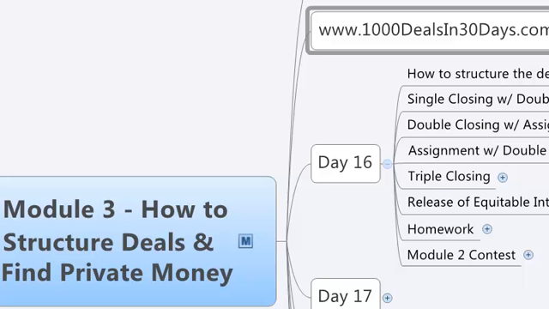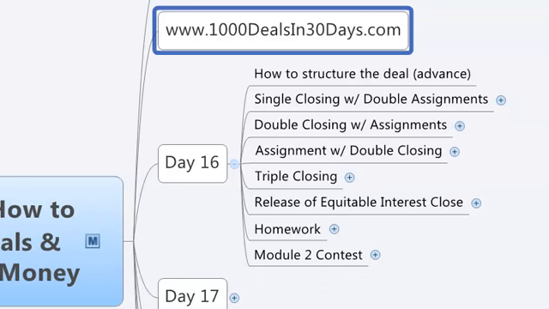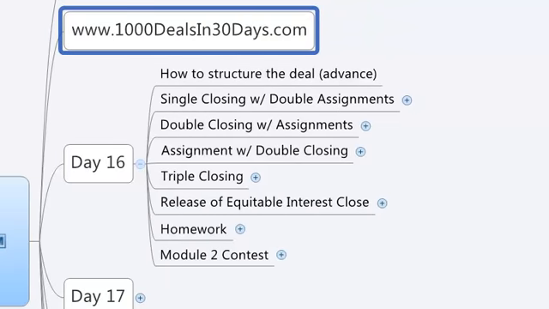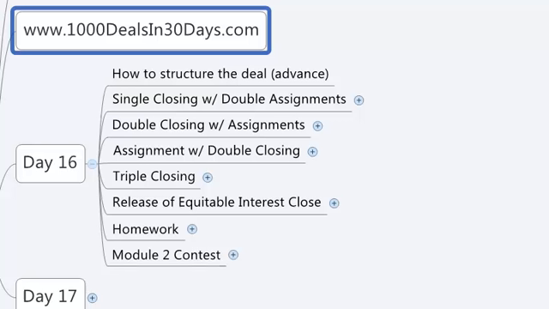We are now on day number 16 and in module number 3 on how to structure deals. Today you're going to learn how to structure deals in a little bit more advanced way than what you learned in day number 15 of just doing one closing with an assignment. Today you're going to be learning about all the different types of closings that you can be doing